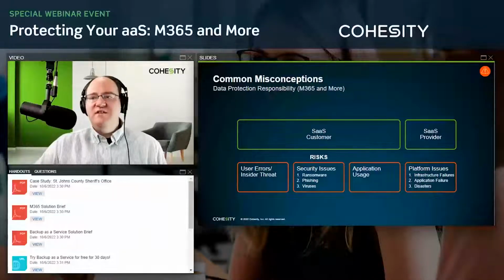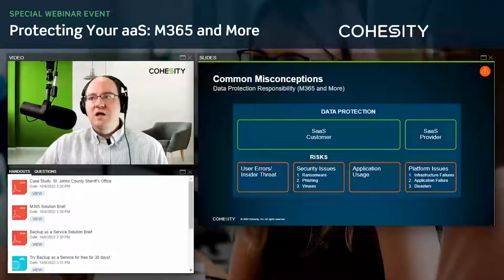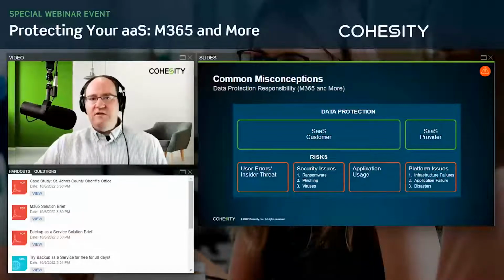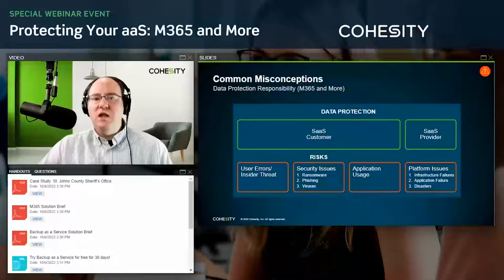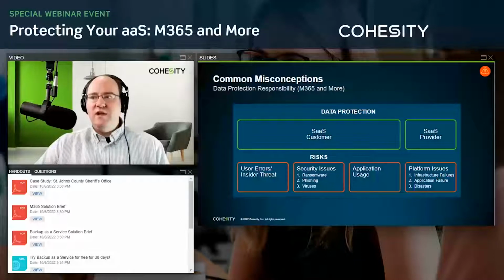Now, when it comes to data protection, that's a shared responsibility between everybody. It's not just on one side or the other. Everybody needs to utilize themselves and the provider at the same time to comprehensively protect the data that you've got within the SaaS application itself.